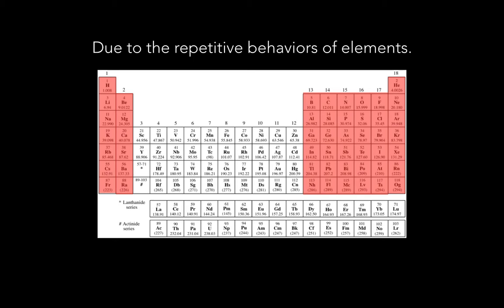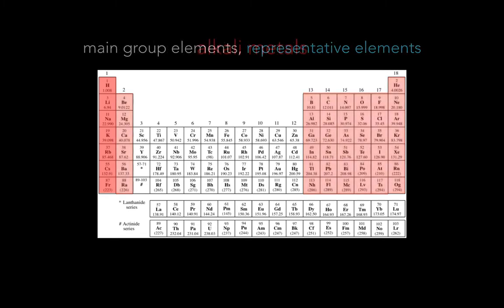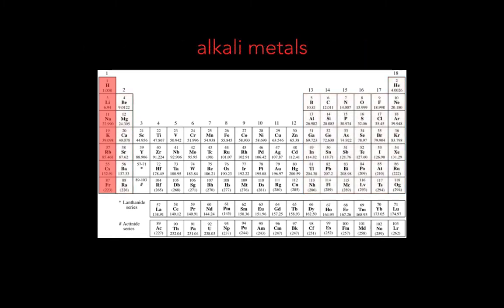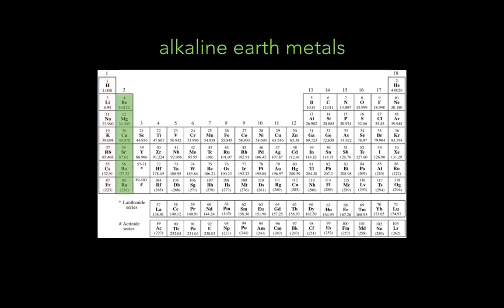And these are the ones that I have highlighted here. So I have groups 1, 2, and then 13 through 18. Those are the 8 elements that keep repeating pattern by groups. Okay, so main group elements, representative elements. So our first group is called alkali metals. The second group of elements, family groups, is called alkaline earth metals.